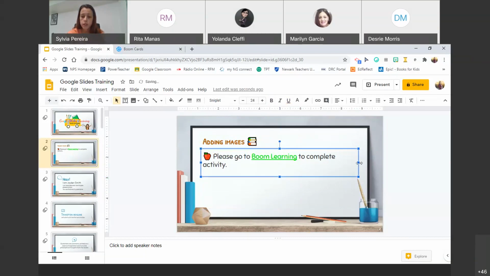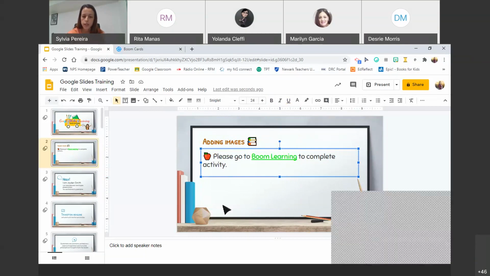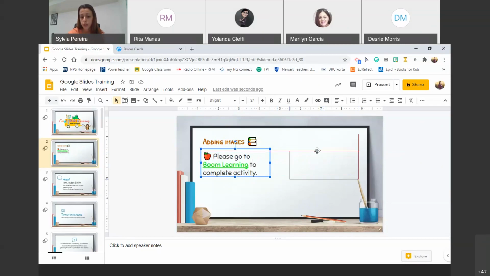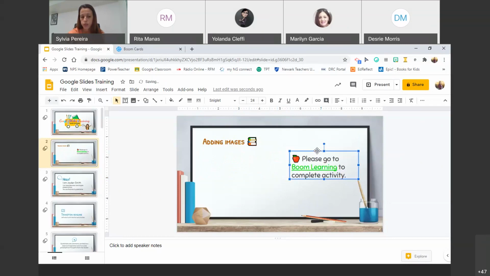Sometimes I like to have my text on one side of my Google Slides and then an image on my right or vice versa. I can just, again, with my arrows, bring this here and it will bring my text to one side of the page. I can also just drag it over to this side if I wanted to. And then if I want to add an image,